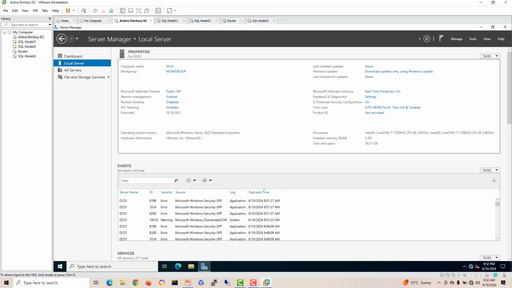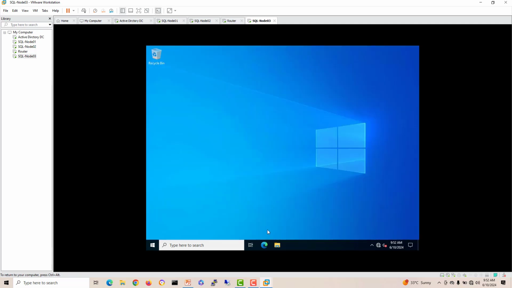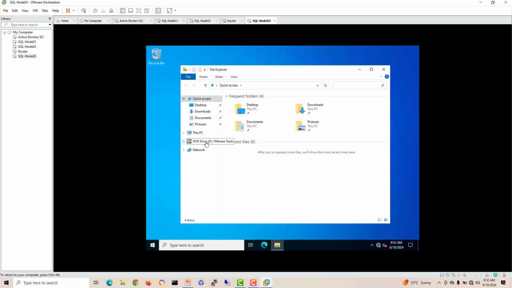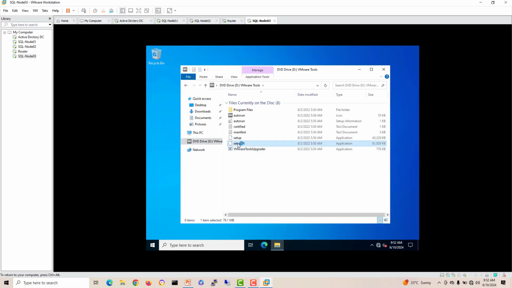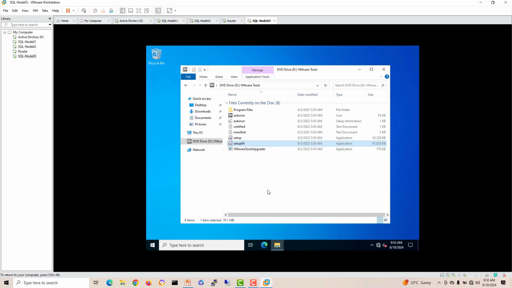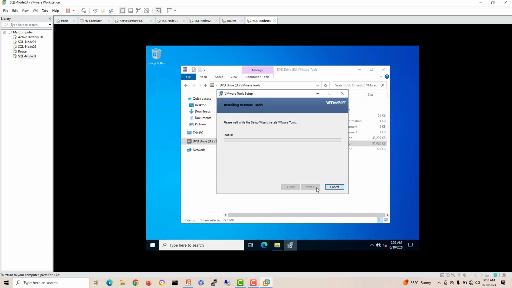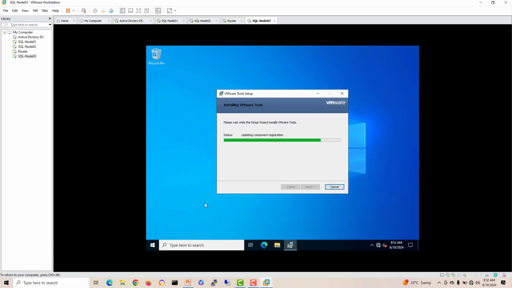Let's go back to the Active Directory. And this one is ready here. We'll meanwhile install the VMware tools on the third node. Next, next, next, next. It will install and then restart. Meanwhile, we'll come back and check the Active Directory if we can ping these three nodes, because these all three